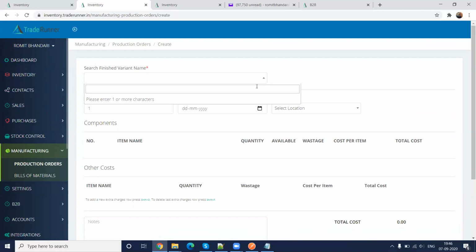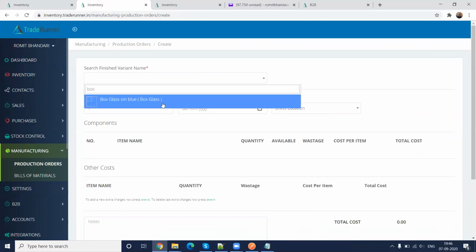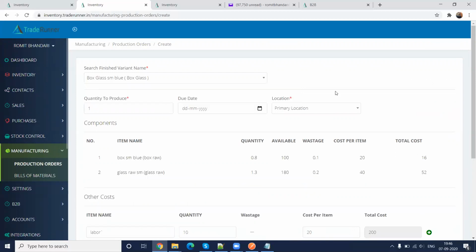Now, all the bills of material which you have created, the different finished items in bills of materials you have created, those can be searched here.